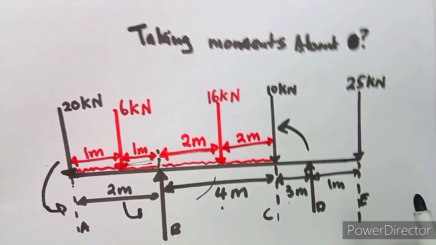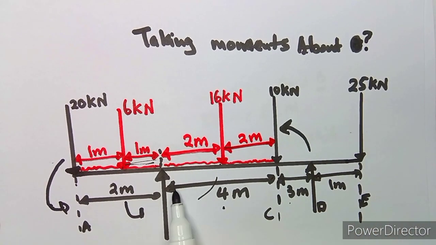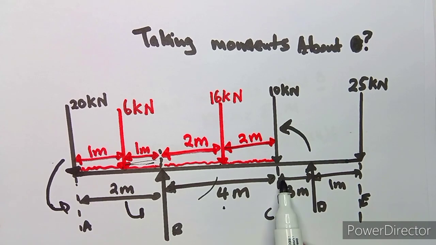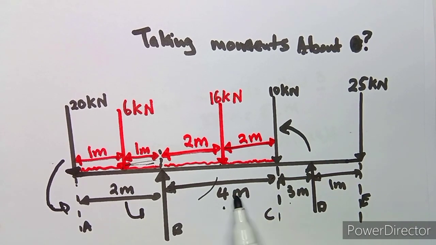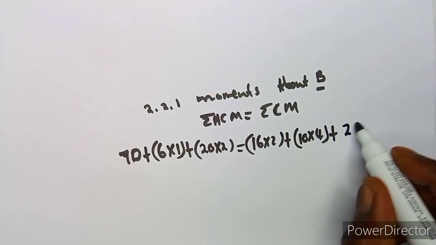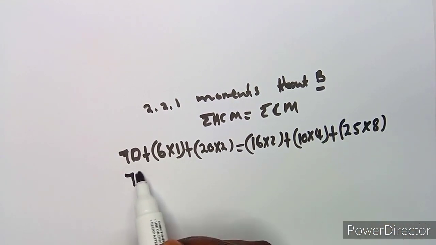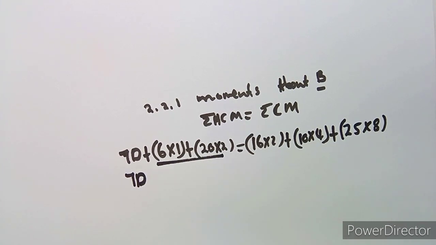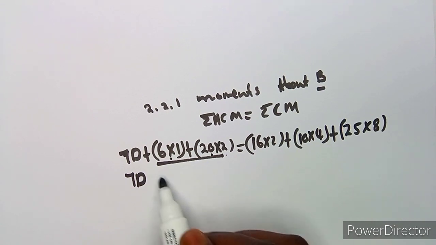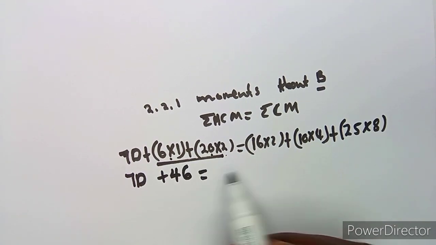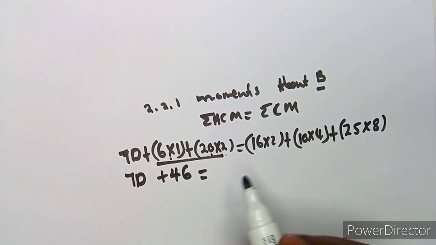Plus we move on to this one, which is 25. What is the distance between? This is 1, 3 and 4, so it's going to be 4 plus 4, which is 8, so it's 25 times 8. All right, so guys, you have to combine everything here. So this is going to give you 6 plus 40, which is 46. All right, so you're going to have 46, and you combine also this side, which is going to give us